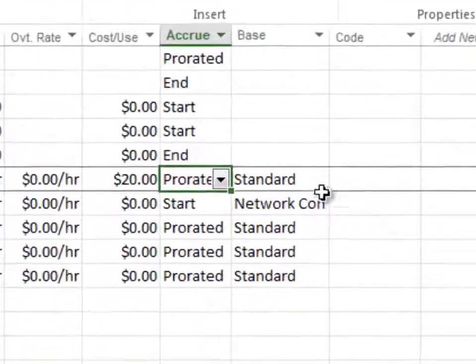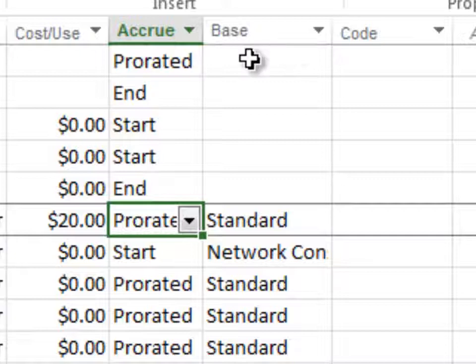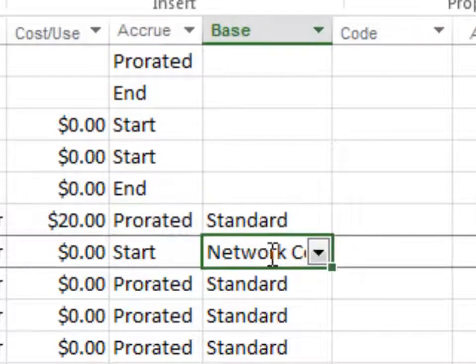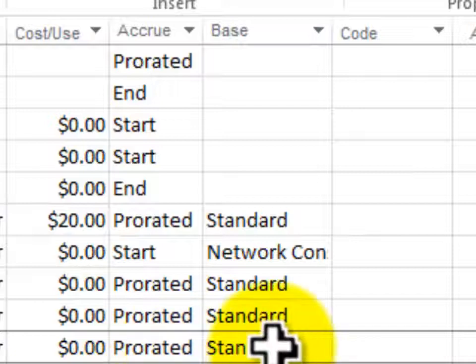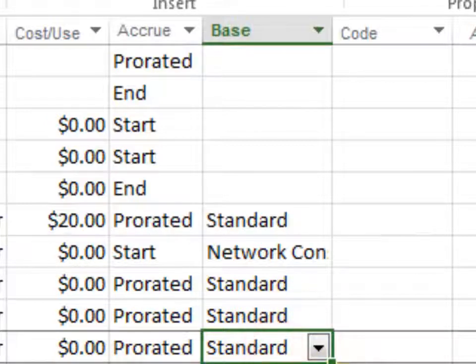This last column, base, actually means base calendar. So we want to make sure that we have everyone working on their specific calendars so that we don't overwork them or work them during times when they're not available. So what we want to do is go down here and let's just select the network consultant because they're going to work on their own calendar system. Let's go down to Lamonia, and she's going to work on a specified calendar where she's available 25% of the time. So let's go ahead and make sure that she's got that 25% of the time in the calendar so we can schedule her appropriately.